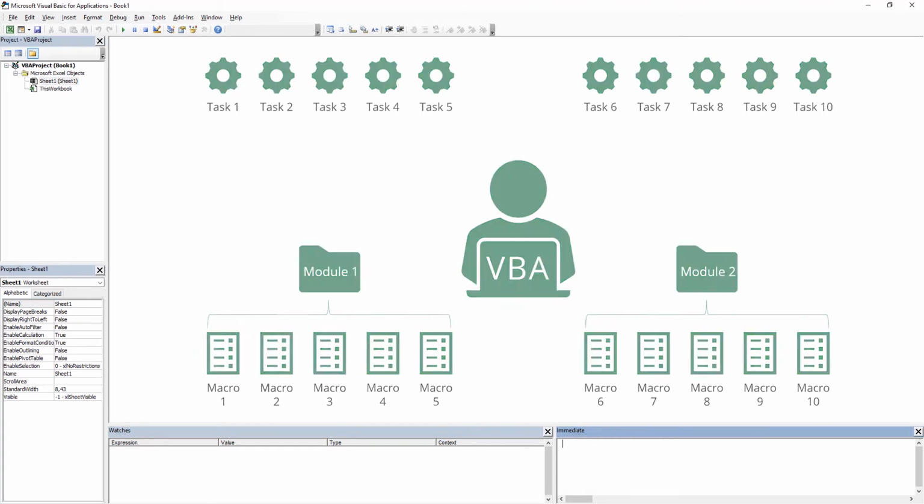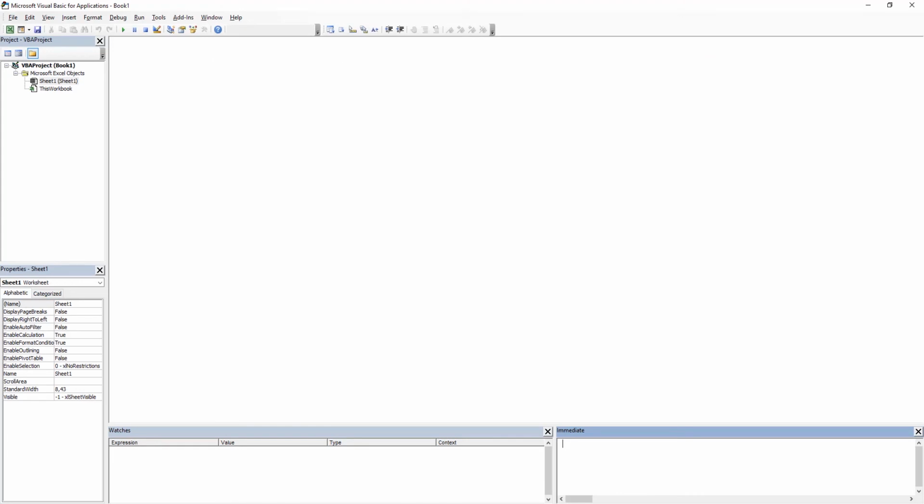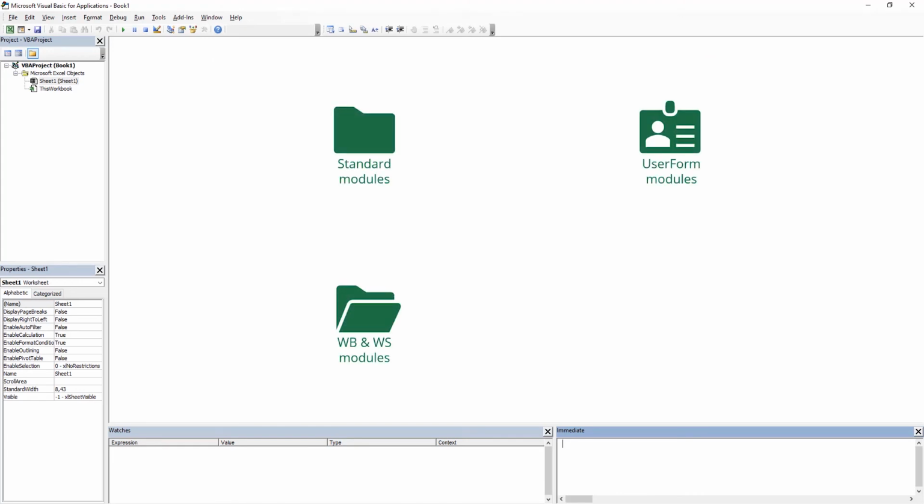However, in VBA we have different types of modules. There are standard modules, UserForm modules, workbook and worksheet modules, as well as class modules. When you are writing a general macro, you normally place it in a standard module. UserForm modules store procedures, including event-triggered procedures, for working with user forms